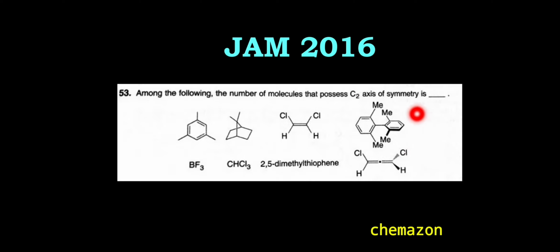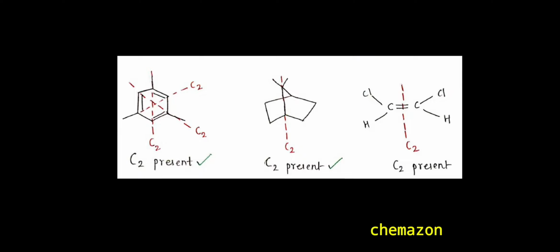What is C2 axis of symmetry? So in a single 360-degree rotation of any molecule, the number of times you get an indistinguishable or equivalent configuration is called the n number. Okay, so if we pass an axis through any molecule and if you get two indistinguishable configurations in a single 360-degree rotation, then that axis would be called a C2 axis of symmetry. So let us see the solution.